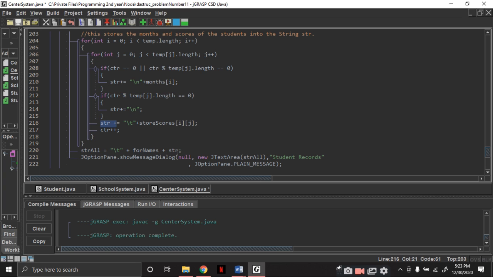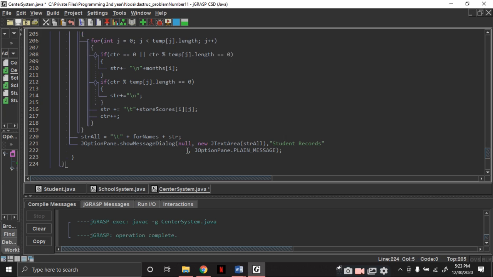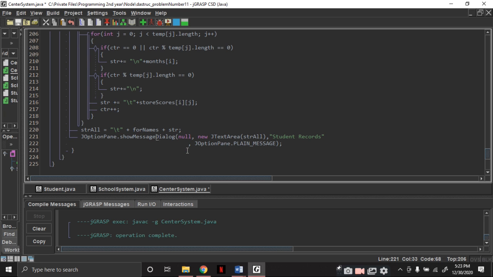The current str now has the value of all the months, the scores, and the names of the students. Then I just displayed it using the JOptionPane and the JTextArea, because I needed this tab that doesn't work on JOptionPane. And that is the end of my program.